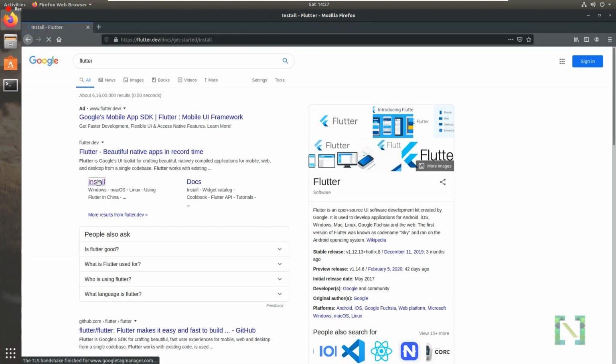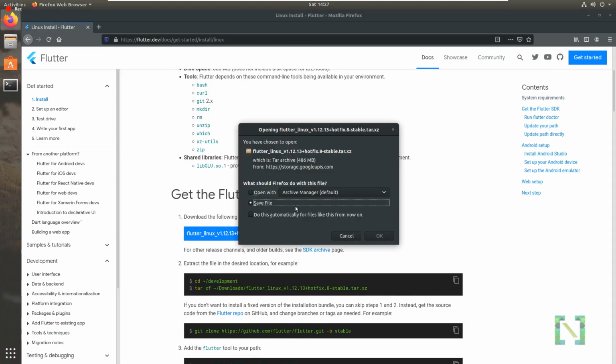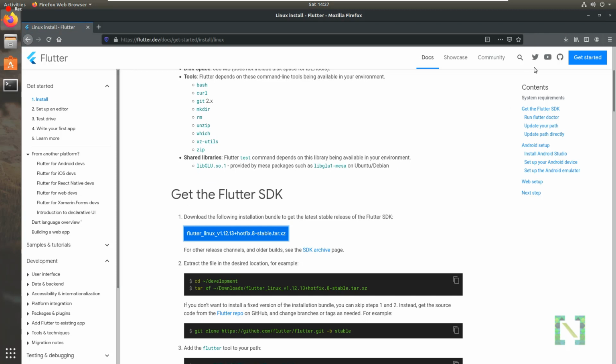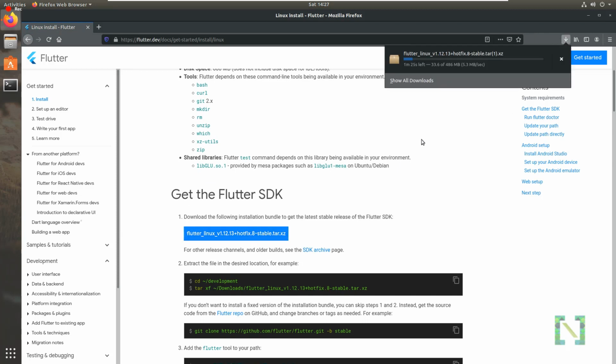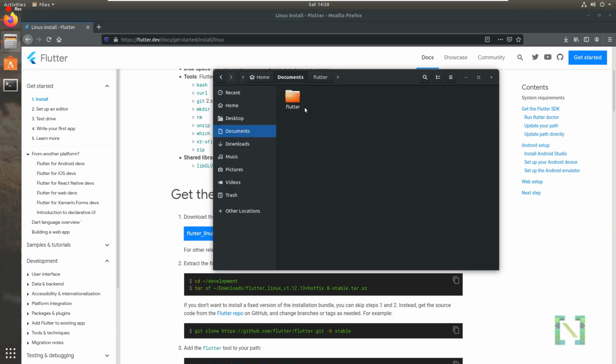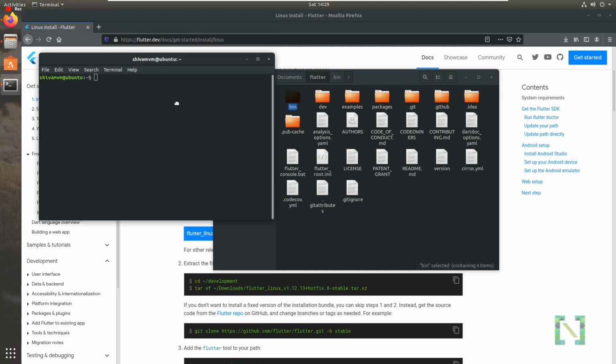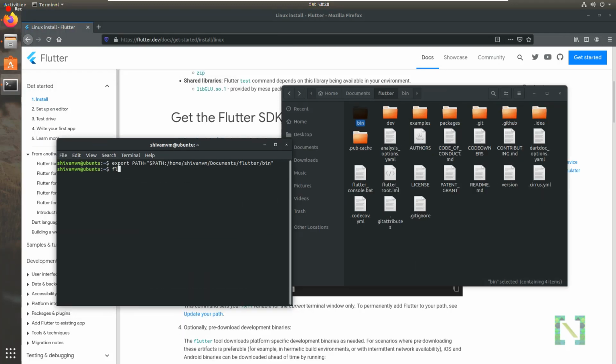So our next environment is Linux. Again, go to the Flutter site, download the Linux version of Flutter SDK and extract to your desired location. I have extracted the content in this folder. So we have to mention the path of the bin directory as an environment variable. So for that, open the terminal. Here type export PATH and the full path of the bin directory. Then type flutter doctor to check the Flutter version.